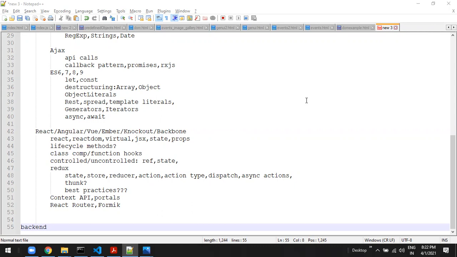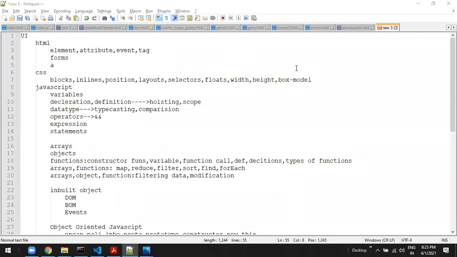Anybody? Gopi? No doubts, sir. Okay, so guys, we are meeting back tomorrow at the same time. Tomorrow I will be explaining what exactly the backend is and what the fundamentals of web fundamentals are. We will find out tomorrow. Okay, thanks for attending the demo. See you tomorrow. Bye.